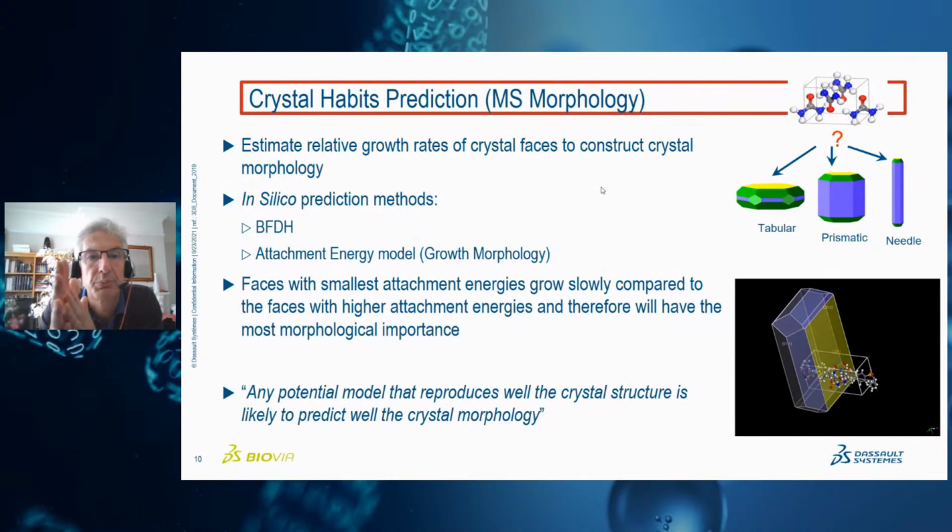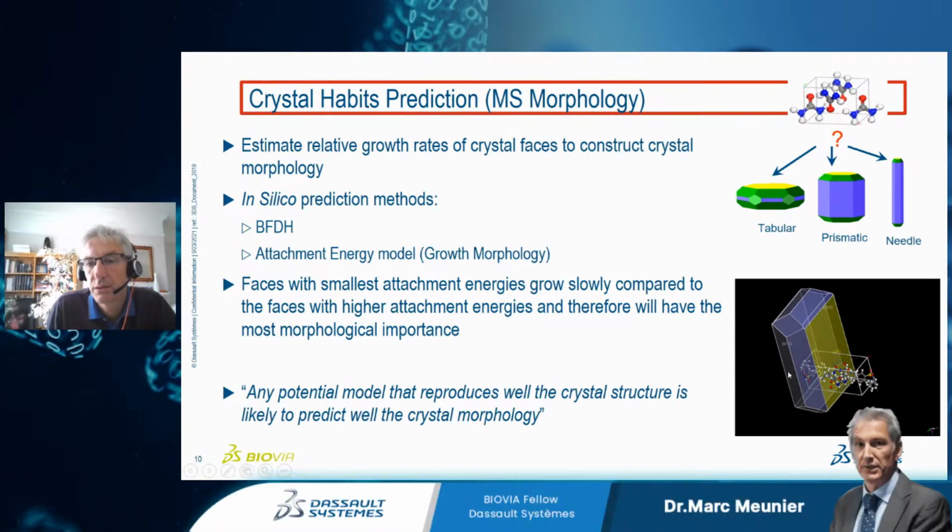So I mentioned we can predict the crystal habit of the crystal. That is the tool of Material Studio called MS Morphology, which goes from the crystal cell and tells us in different conditions if we're going to have a needle, which we want to avoid because they're usually brittle and not great to make a tablet of, and we try to have something a bit more isomorphic. So we can calculate the most important crystal phases of the drug crystal thanks to this software.